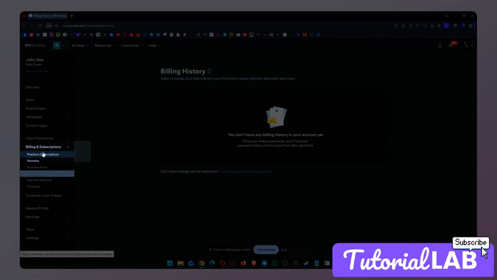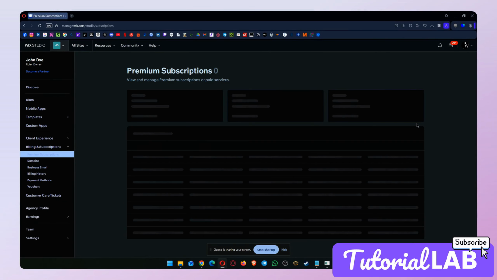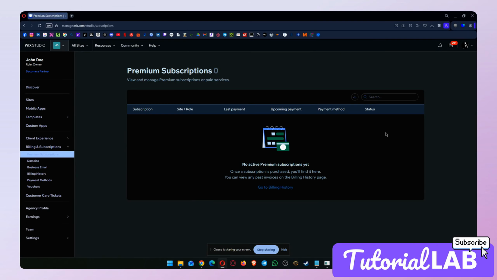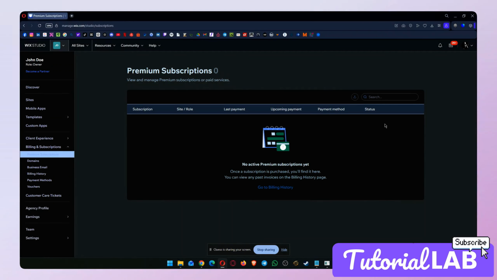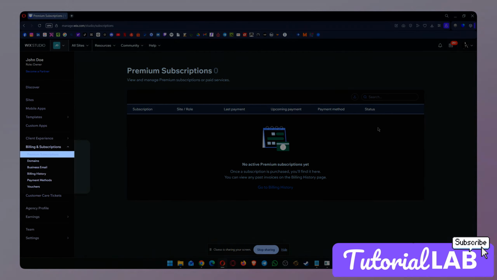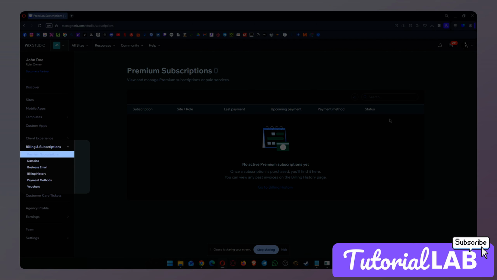It will appear here, or it will appear under Premium Subscriptions. You can cancel the status here. Once the subscription is purchased, you will find it here, and you can view your past billing history when you click on this one. If you want to cancel, go to your status and click Cancel Subscription and get a